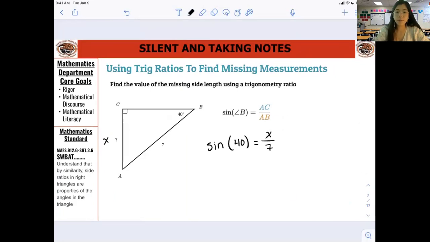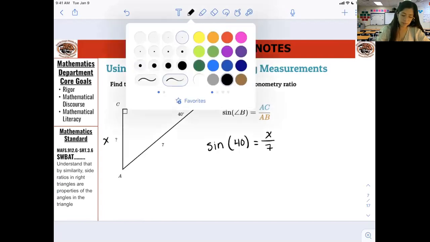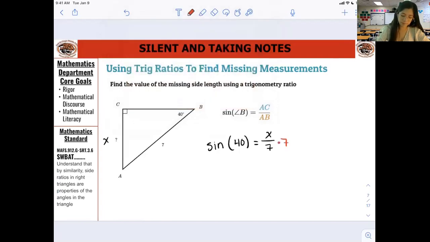So all I need to do to both sides now is multiply by 7. Seven times the sine of 40, we can use our calculators. The sine of 40 times 7,